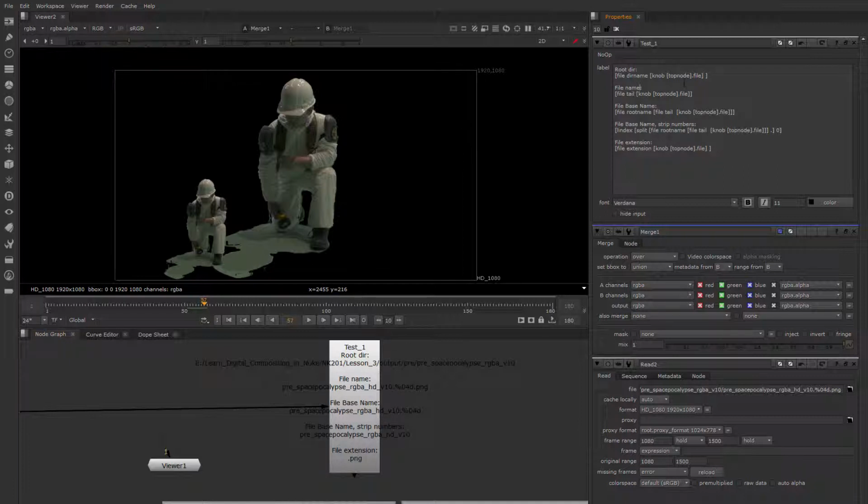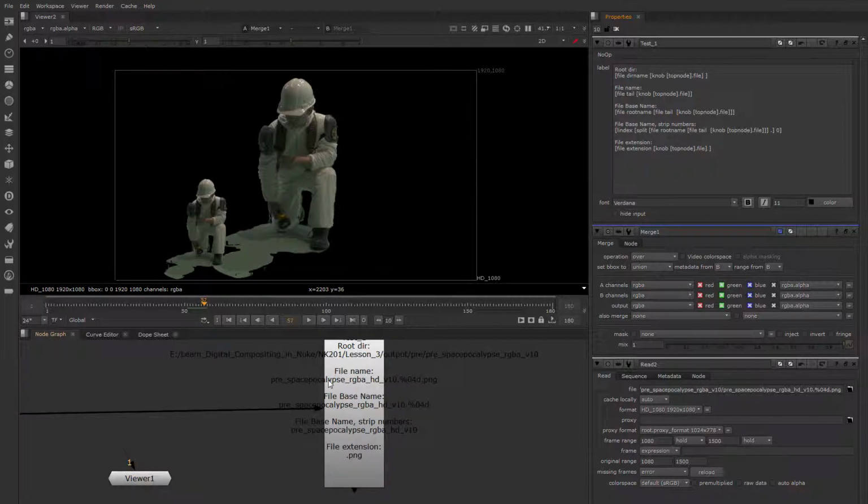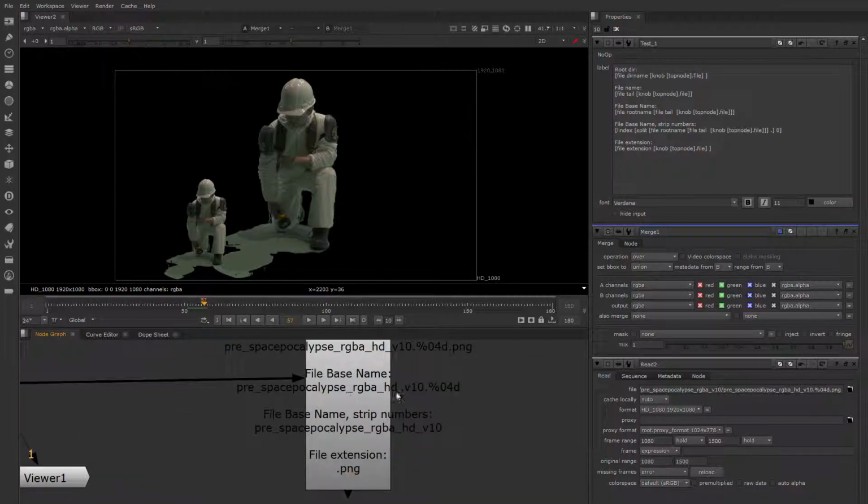If we want just the file name, you do the same thing. You're getting the top node's file field, but now you're stripping off the tail using this file command. So now it's stripping off and finding just the name of the input file. And then if we want just the base name, which unfortunately will leave the numbers in as well, we could strip off the base name. So we do the same thing. We find the top node and tail it. That's basically just this command in here. Found the tail. Then we use another invocation of file to get only the root name, which strips off the